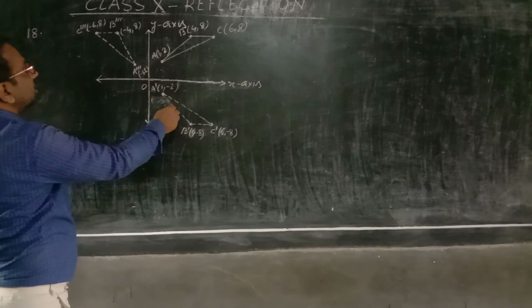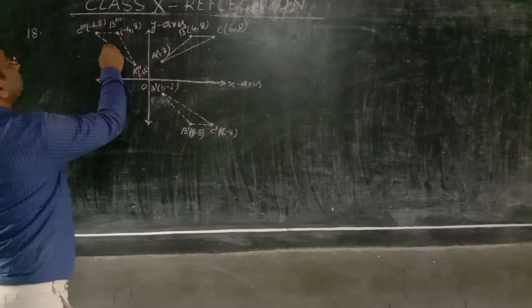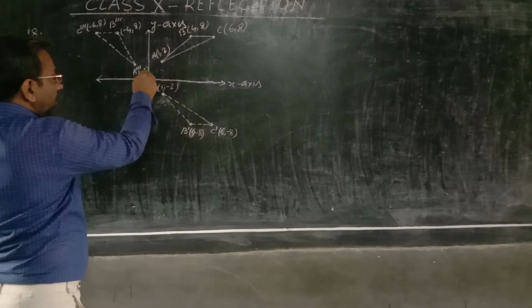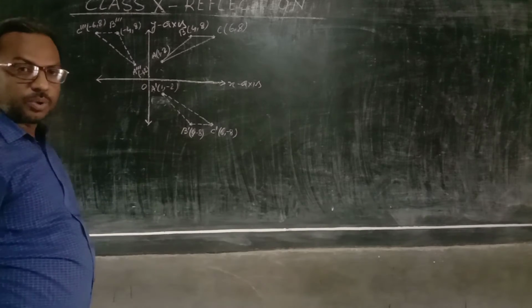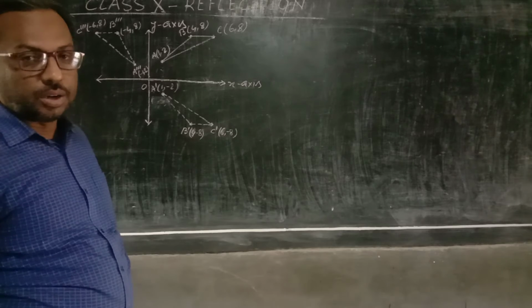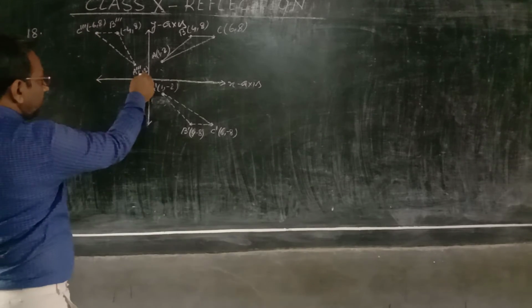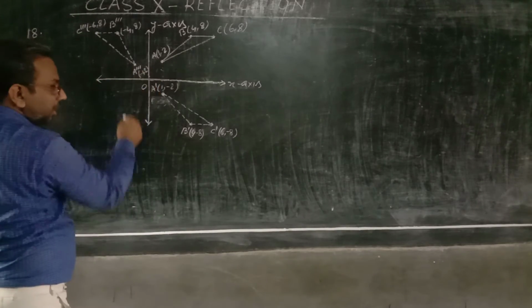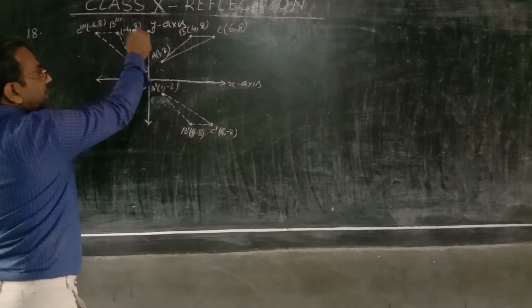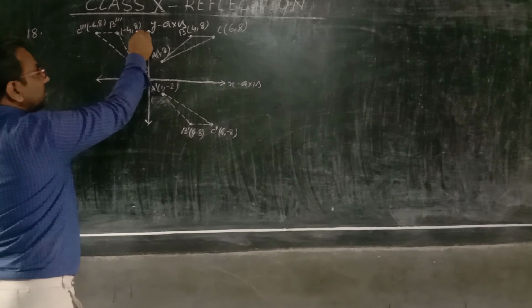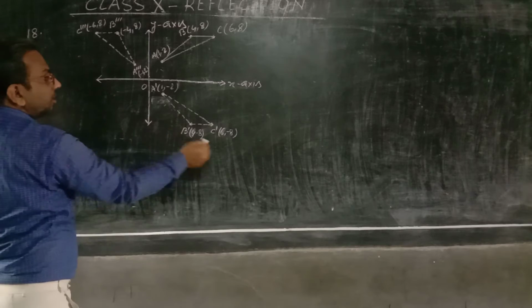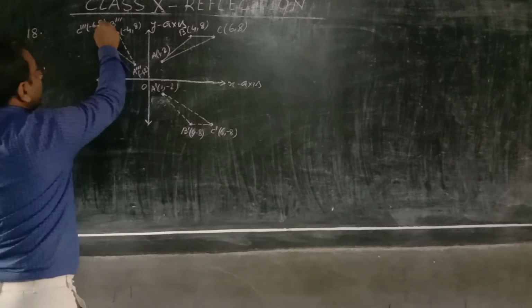As these 3 points will reflect through origin, it will come in the second quadrant. And the coordinate of A triple dash will be minus 1, 2. Because any point that lies in the second quadrant, abscissa will be negative and ordinate will be positive. So this abscissa became negative and ordinate is positive. Similarly, coordinate of B triple dash will be minus 4 and 8. Abscissa negative, ordinate positive. And coordinate of C triple dash will be minus 6 and 8, because abscissa will be negative and ordinate will be positive.